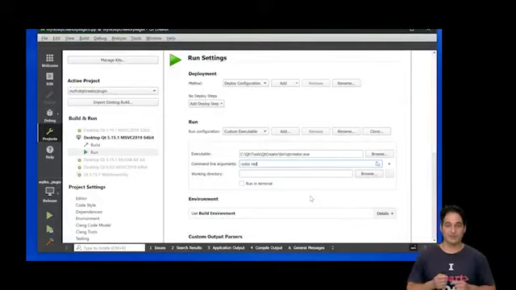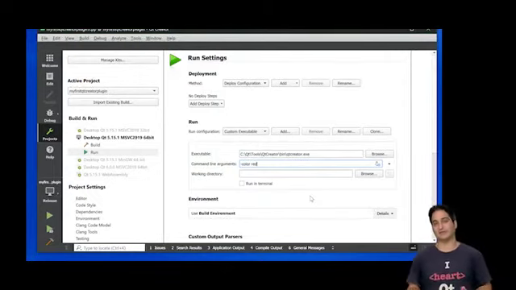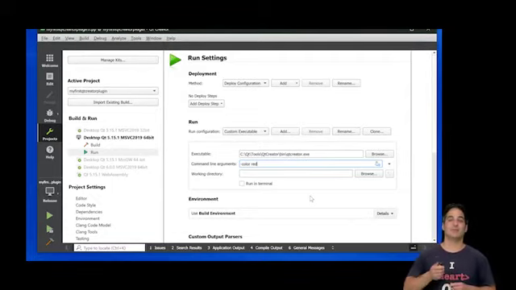If you want to run the plugin, of course, it's a shared library. It doesn't run on its own. You need a host or an executable, and in this case that's Qt Creator itself. So you just set the application to qtcreator.exe or whatever OS you have, and as a parameter,